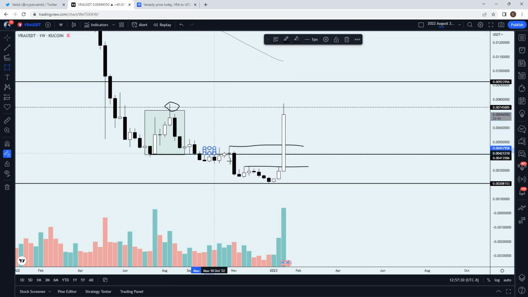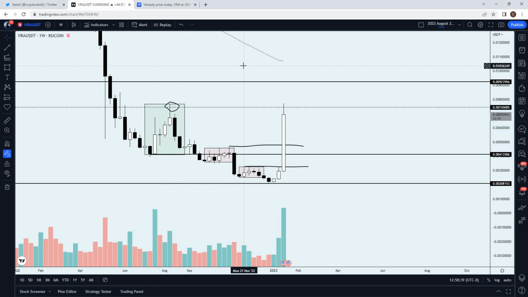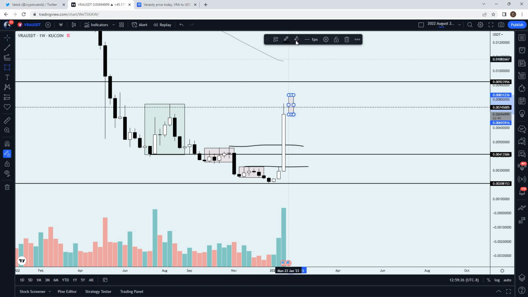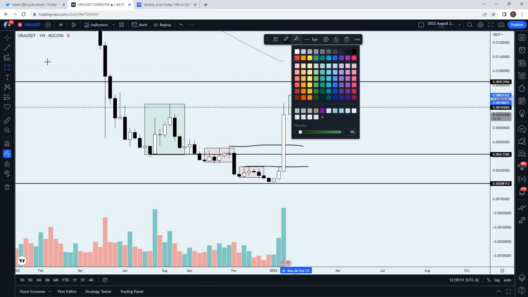Whereas I'm not so certain to categorize these pushes here as actual rallies. They are definitely areas of temporary relief, but personally my bias is that until we break this lower high from this rally, we are still in a bear market, or we've begun to enter the accumulation phase of the cycle. If we were to get a weekly candle close with confidence above that level and start consolidating or respecting